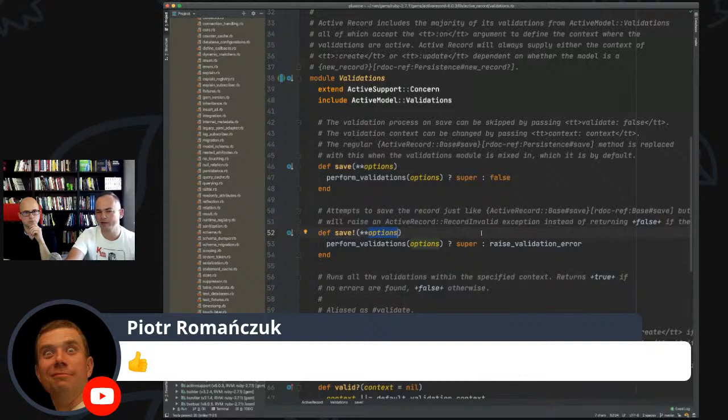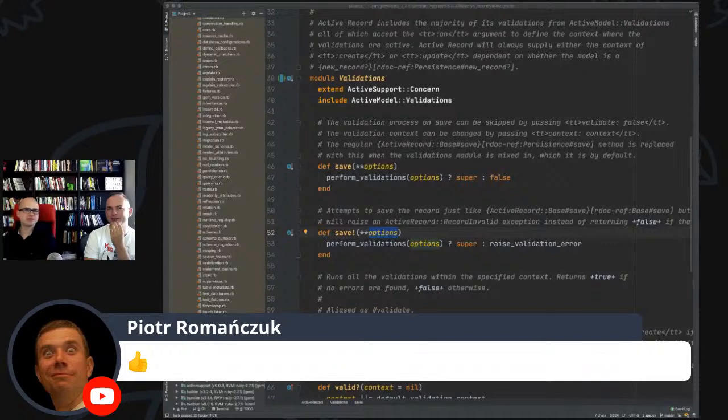So save and save without validations, that would be one of the choices you would go for. And we don't have method overloading in Ruby, so we couldn't say save, and based on the param, run different stuff. So actually, I would probably go with save and save with validation. I'm not sure about that. Okay, that's a good point. That would make all the Rails Hello World applications uglier. Okay. And that's a very important reason for Rails developers. But I can see you're right.